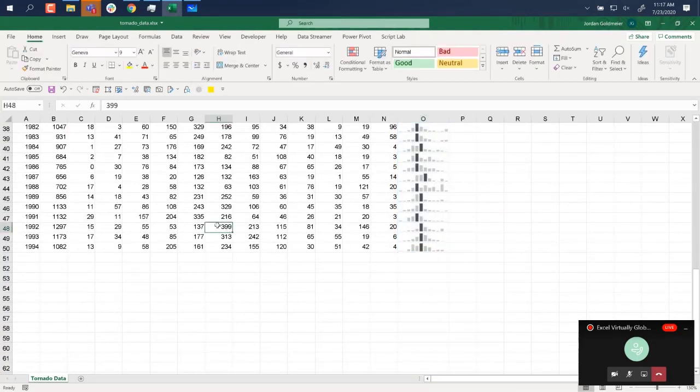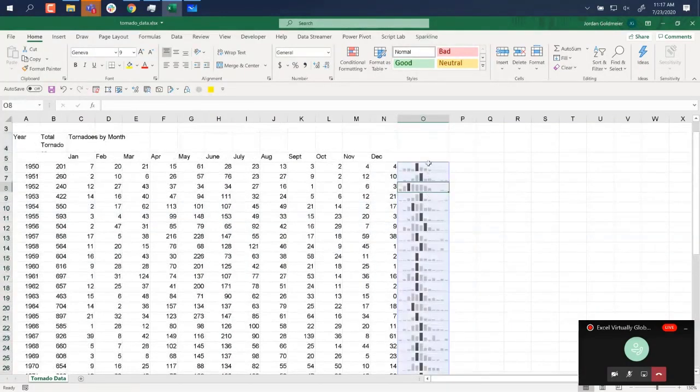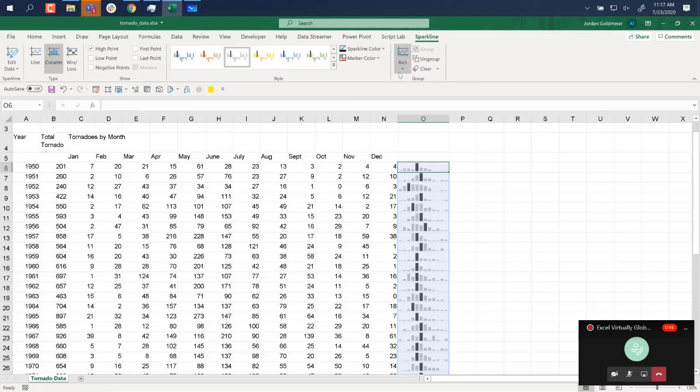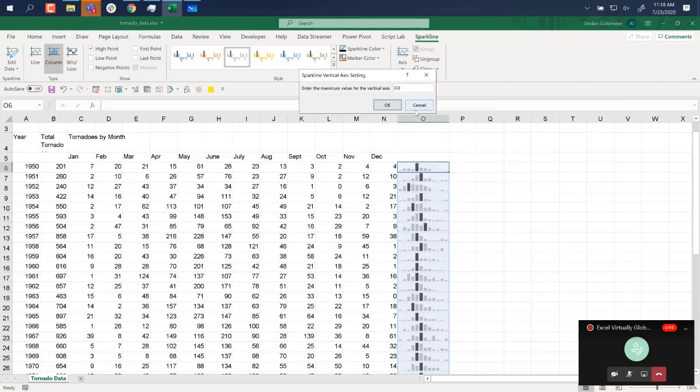In H48 here in 1992, we see that that's a big number. So what we got to do here is, and I don't really need to highlight it all, I can just click anywhere in there. It's going to highlight the whole thing, because we can do this to all the sparklines, is that we need to go to the axis here, and under the vertical maximum axis, I'm going to put in a custom value here,